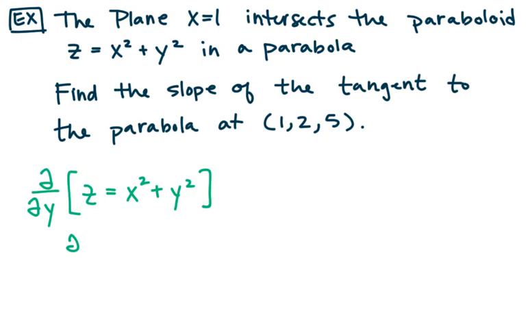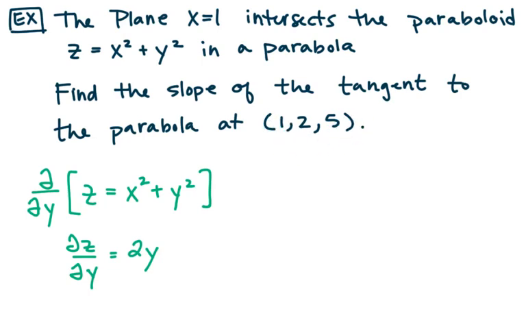So that tells us the partial of z with respect to y. The derivative of x squared is 0, and the derivative of y squared is 2y. 0 plus 2y tells me my partial is 2y. So this formula gives me the slope of the tangent given any point where x is equal to 1 on